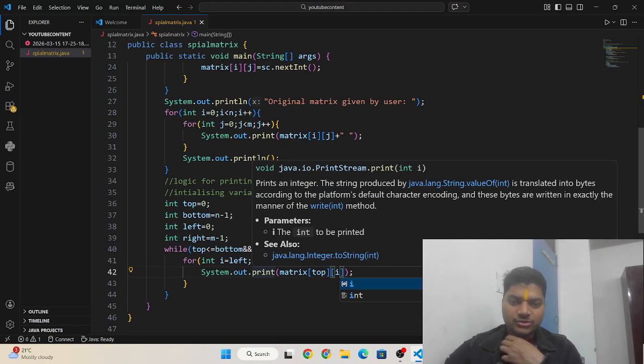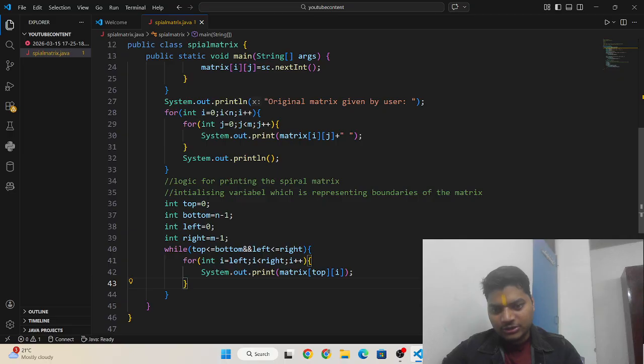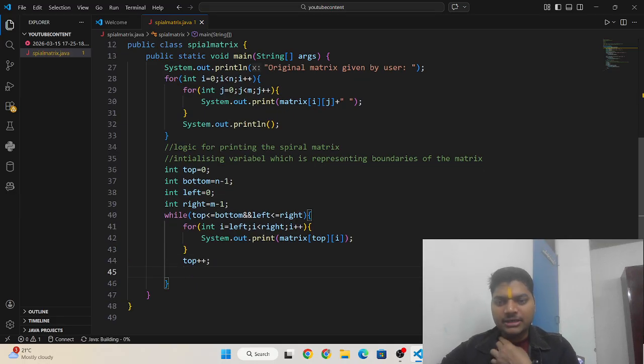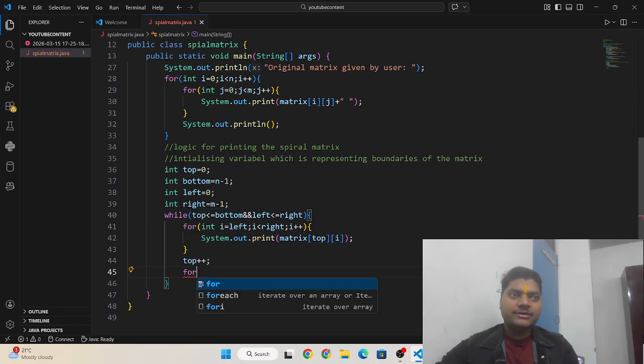Okay, and after printing the top row we need to move the top row down, so I need to write here top plus plus, and semicolon.